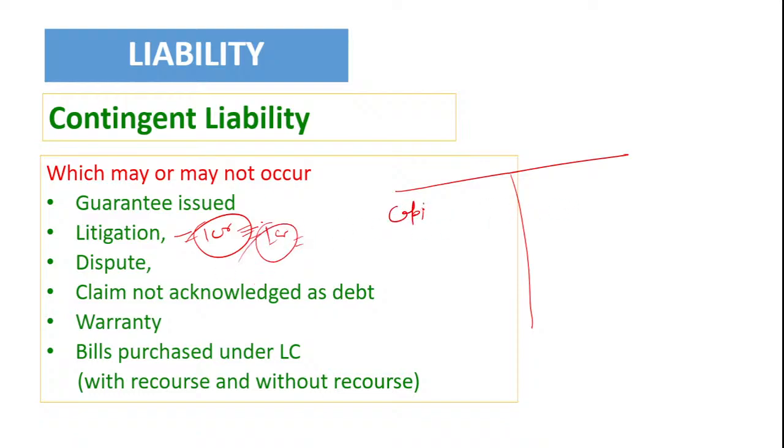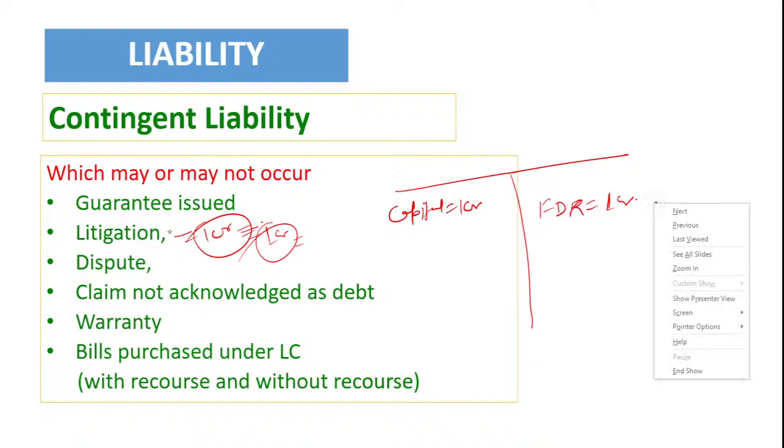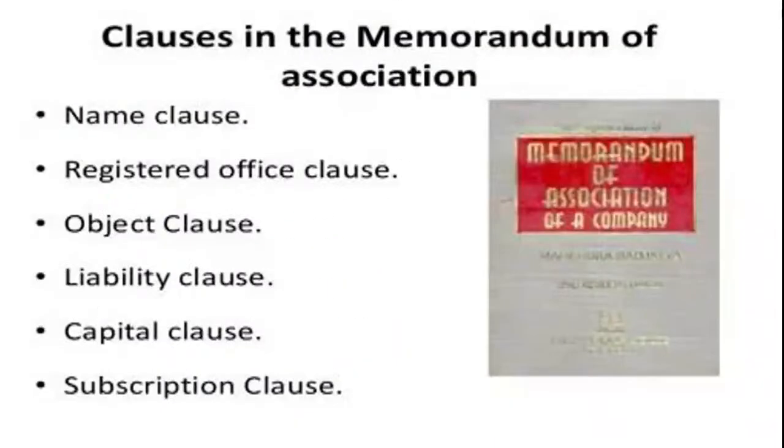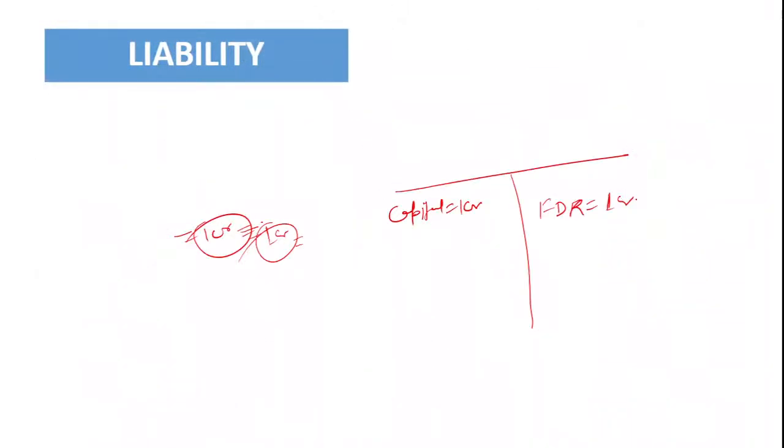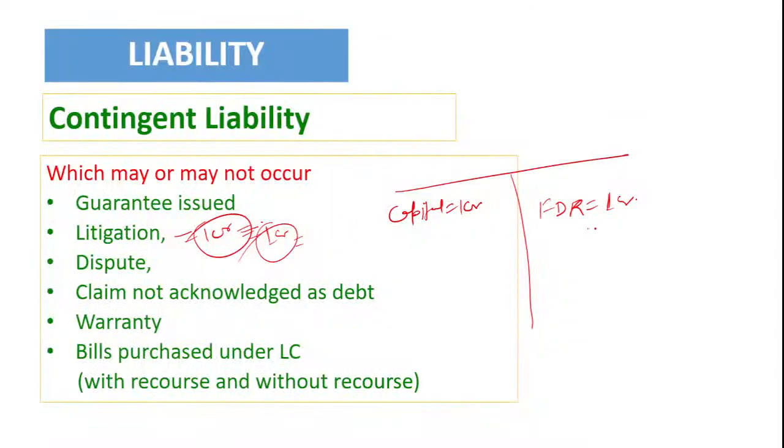So the company has infused capital of 1 crore and an FDR has been opened for one year, so that if any litigation goes against the company, the financial institution will liquidate this FDR and pay the litigated amount to the court. Okay, but friends,